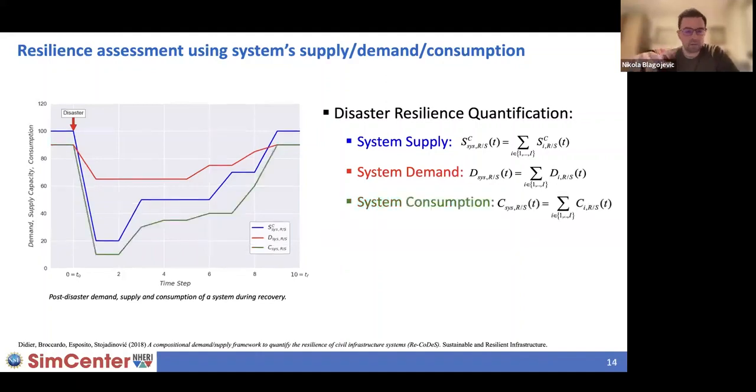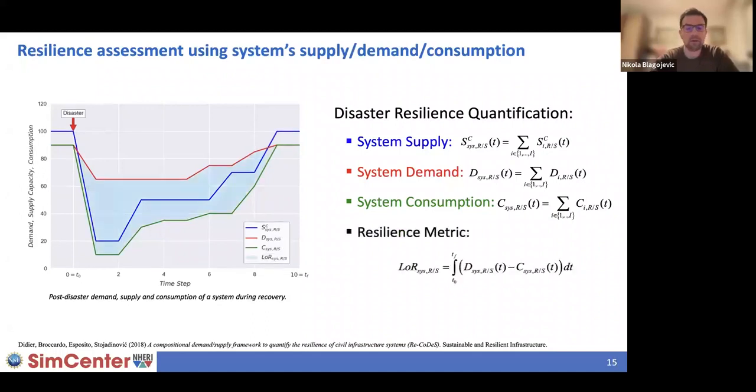Once we simulate the flow of resources from suppliers to users, and we take into account the transportation losses and different allocation strategies, we estimate the consumption or the met demand of components. So how much of these resources actually reach the end user. And then the way in which we're going to quantify resilience is we're going to take a look at the difference between the total demand for a certain resource and the actual met demand for this resource. And this is what we call lack of resilience. So for us, if there is a lot of unmet demand following a certain disaster, then the system providing this resource is not very resilient.